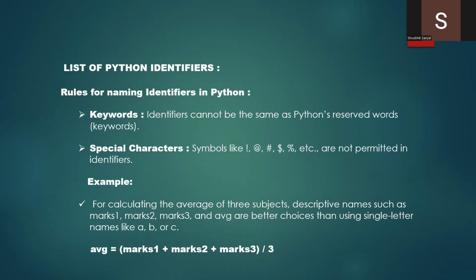Now, can we also use special characters? What are those special characters? Symbols like exclamation, at the rate, hash, dollar, percentage, etc. But